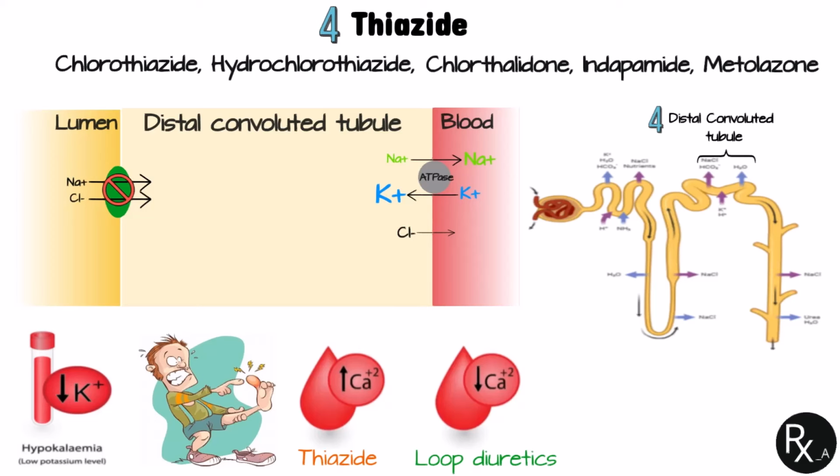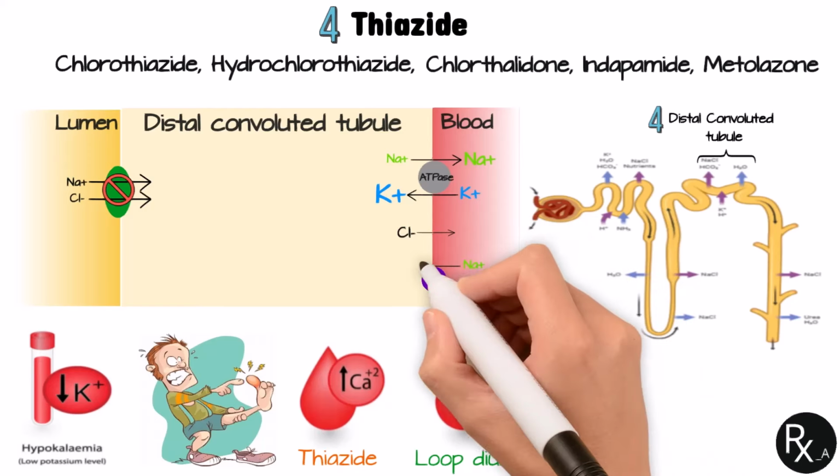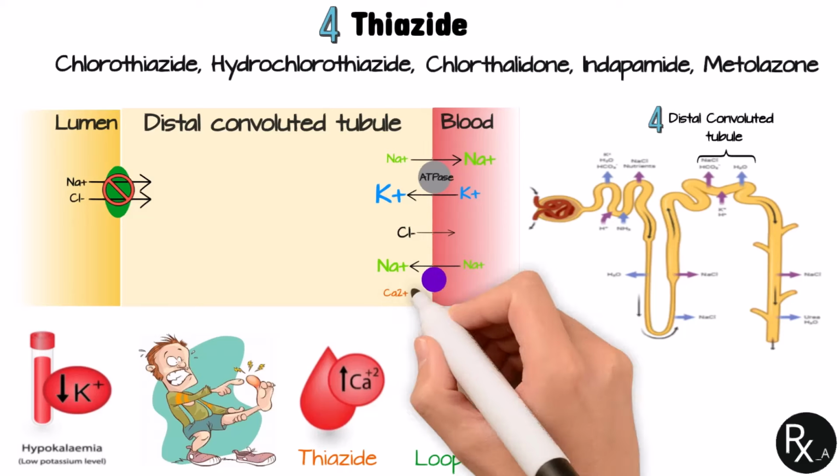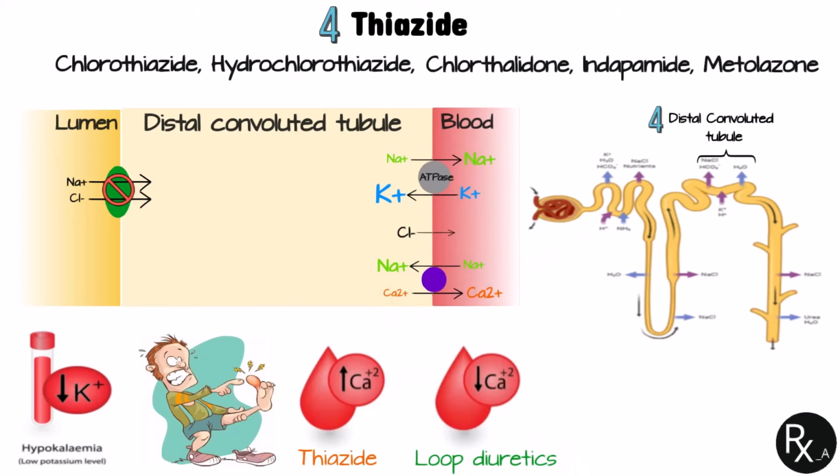There are two suggested reasons for this. The first occurs in the proximal tubule, where thiazide-induced volume depletion causes an increase in sodium reabsorption as a compensatory measure. This electrical gradient then causes passive calcium reabsorption. The second mechanism is that thiazides block the sodium chloride cotransporter, which lowers the concentration of sodium inside the cell. This, in turn, causes the sodium-calcium exchanger on the basolateral side of the distal tubule to take in more sodium in exchange for calcium, which is then excreted into the bloodstream.